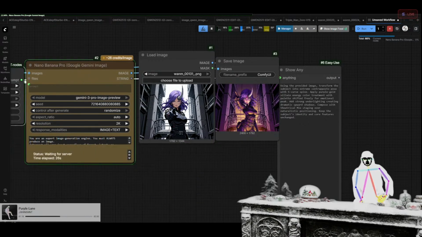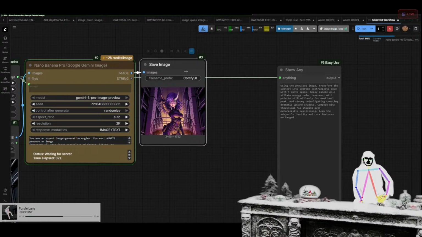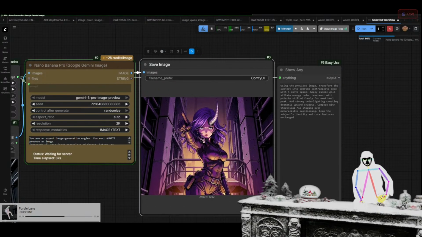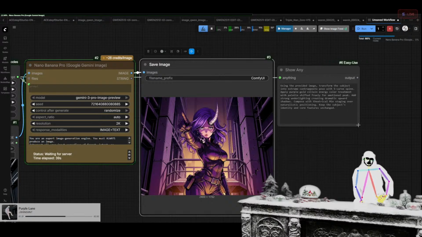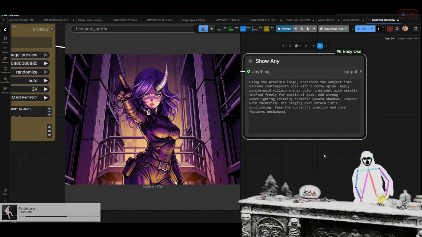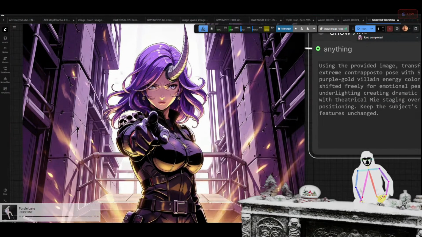Here we go. I think we all know what it looks like. There we go. It didn't change the pose or the scene, but it did the